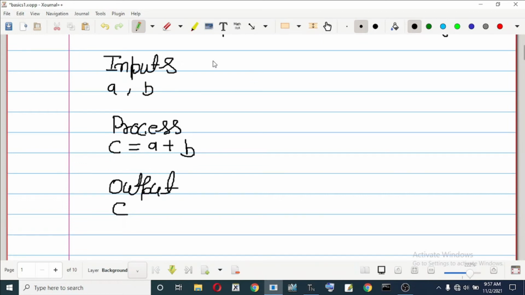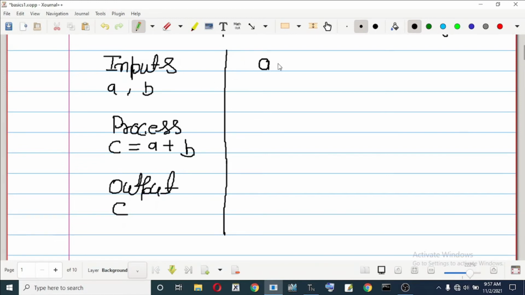This is just pseudo code, a concept of how to add two numbers in a programming language.